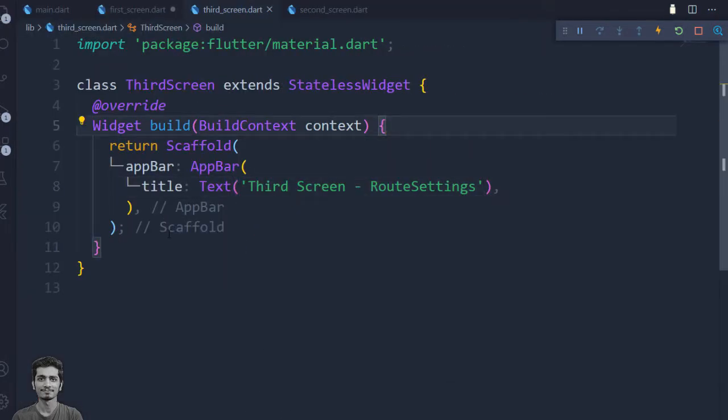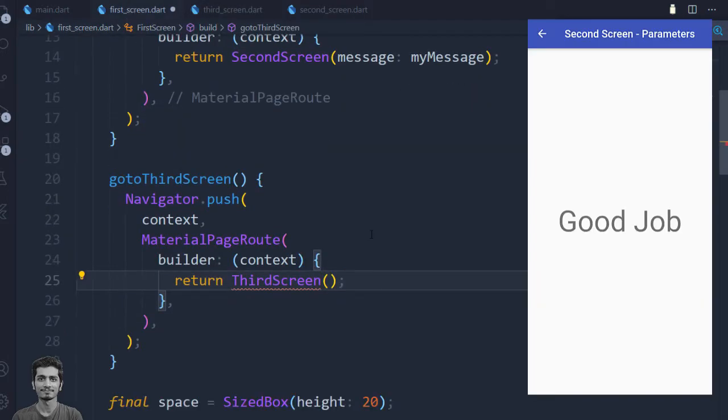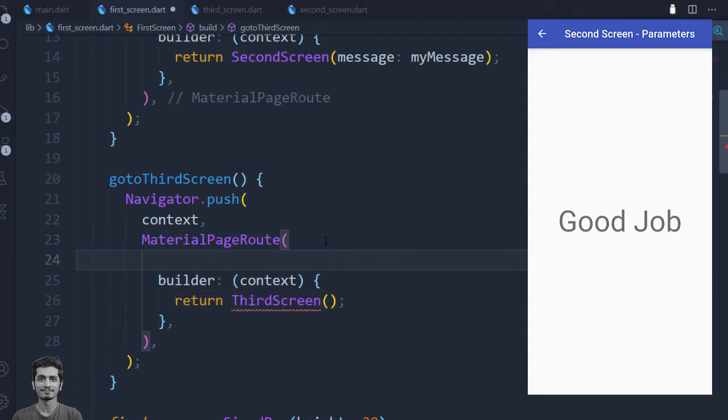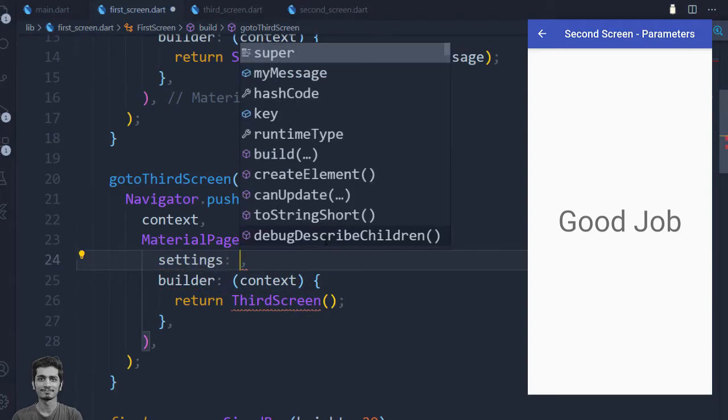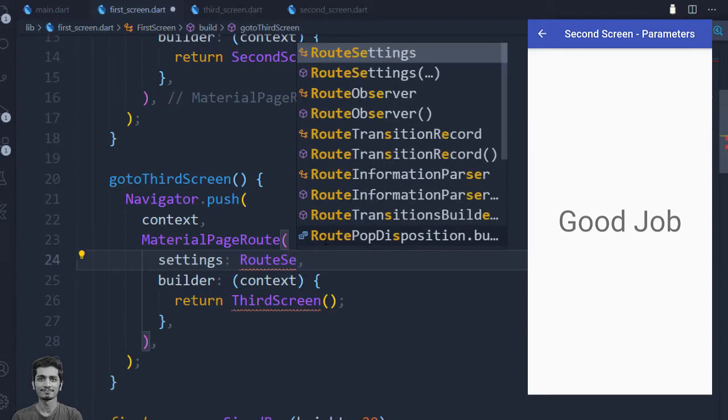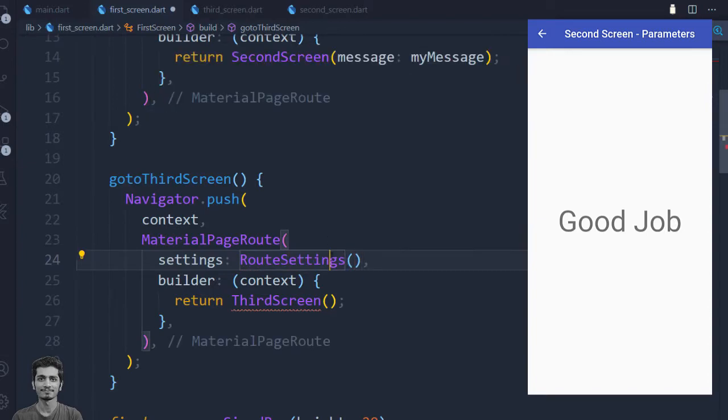For that purpose, we will go to the first screen. And here inside the material page route, we have to pass another argument, which is settings. And we will pass the route settings object here. And inside the route settings, we will pass our argument.